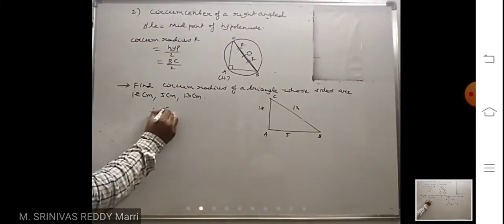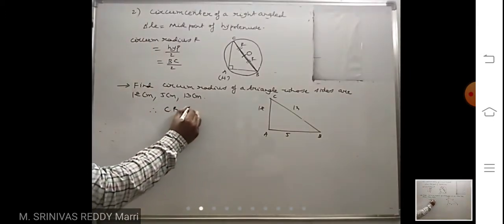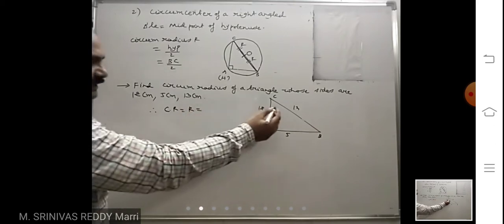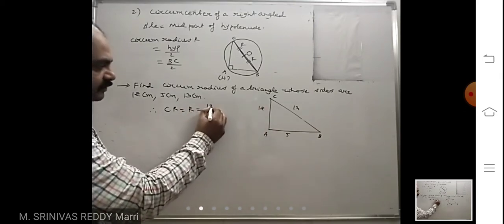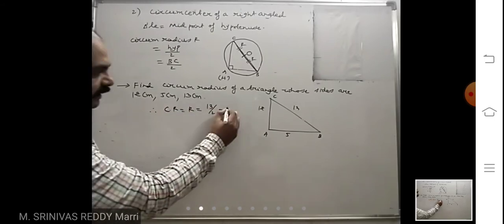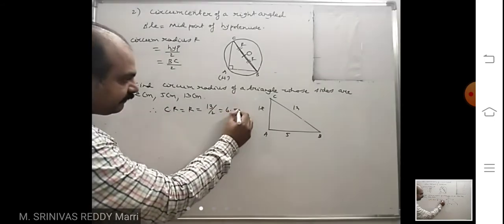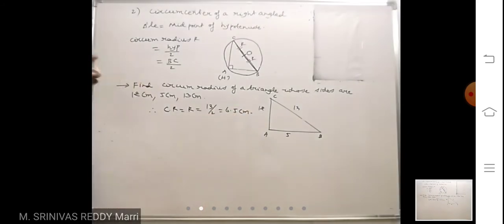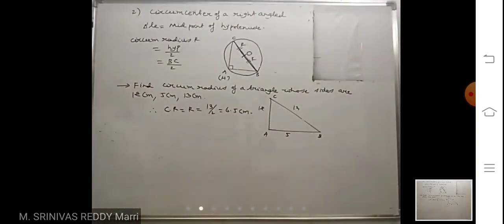Therefore, circumradius CR is nothing but hypotenuse divided by 2. That means 13 divided by 2, which is 6.5 centimeter. Like that, if a right angle triangle is given, circumradius is nothing but hypotenuse divided by 2. Next,